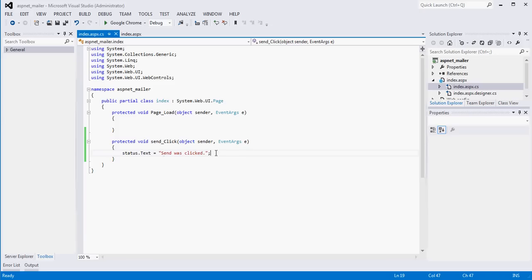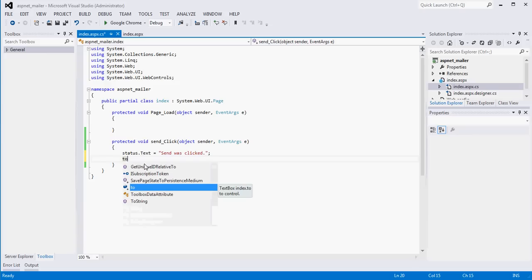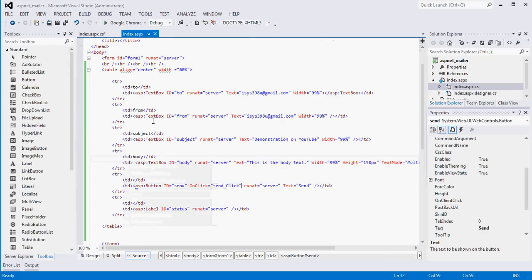You'll see that when I started typing status, Visual Studio basically recommends that to me, right? Because it can see it in that page. Same with to, same with subject, right? Now, if I come back into my ASPX page and I remove that run at server,